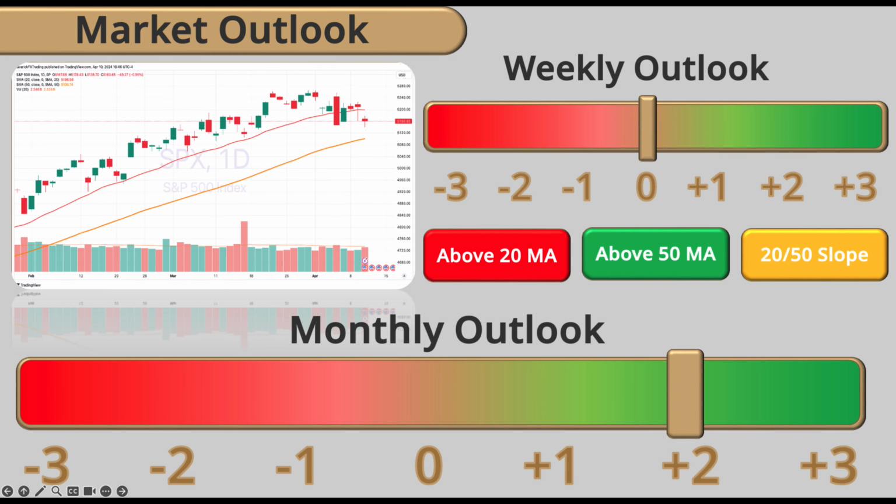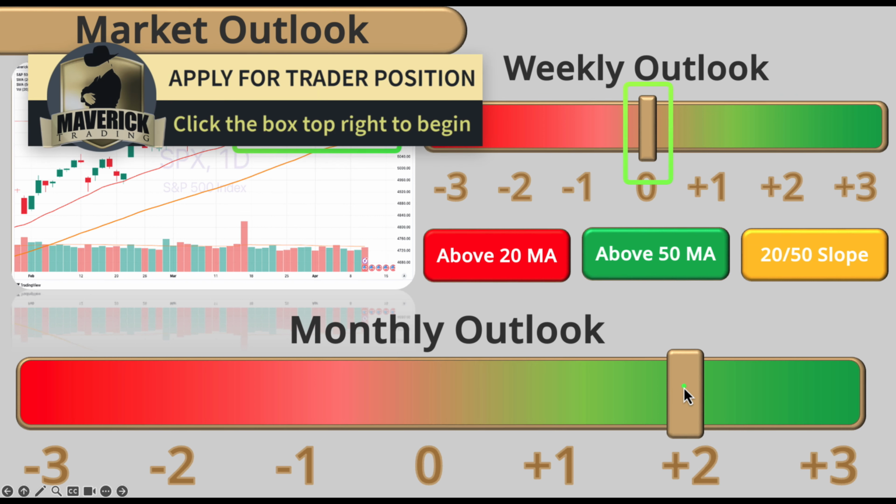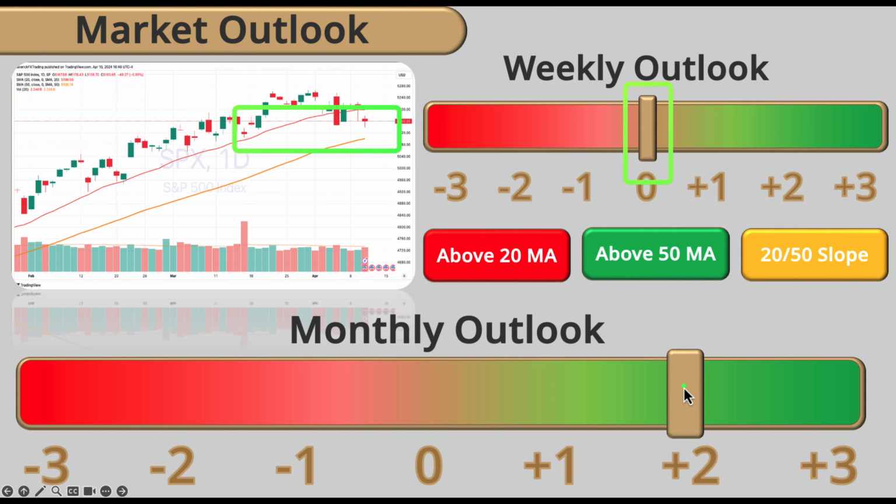Now, looking at our market outlook. This brings our outlook down to a 0 because we're below the 20, above the 50, and going a little sideways here. As far as the monthly outlook goes, we've got to bring that bullishness down. I think this is where you get to decide how aggressive you want to be. At this point, I don't want to be aggressive either way. But if the markets start to break down a little bit more, I think that will be the time to really pull the trigger or turn the lever more towards